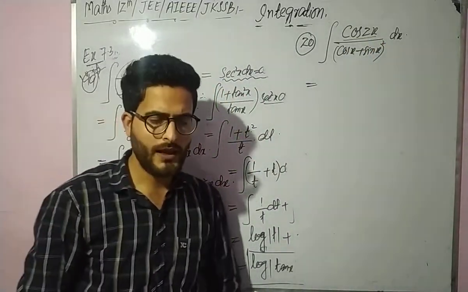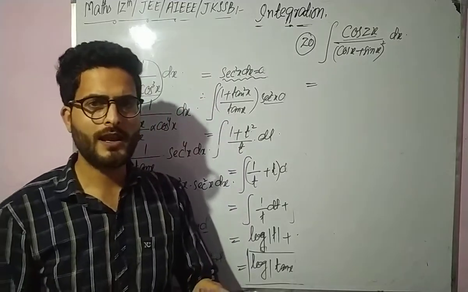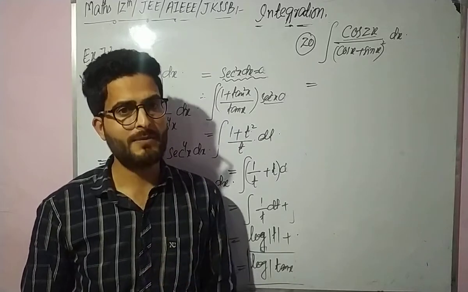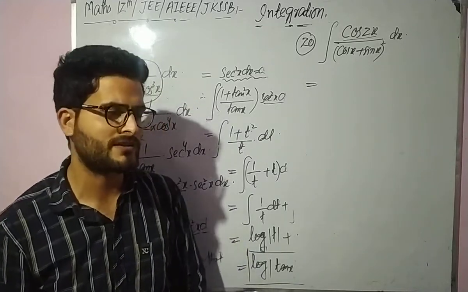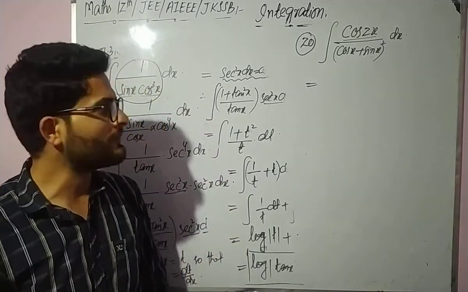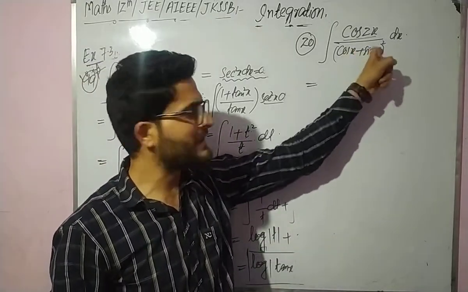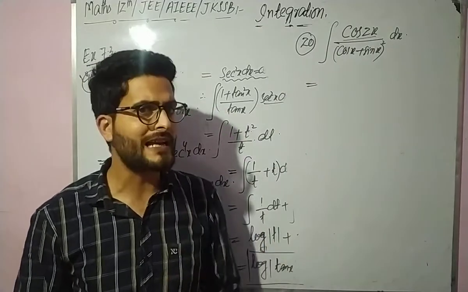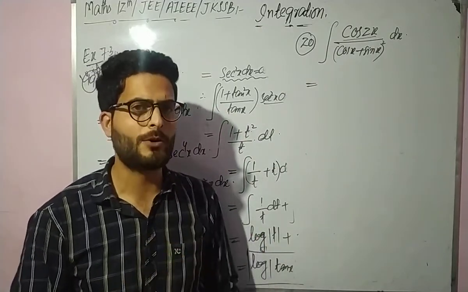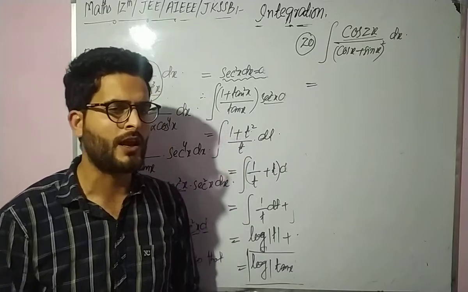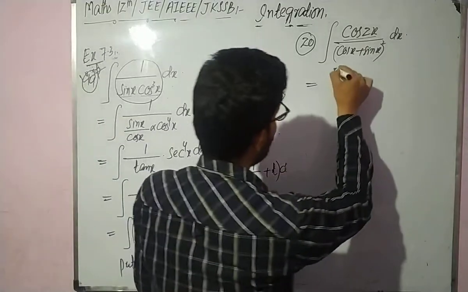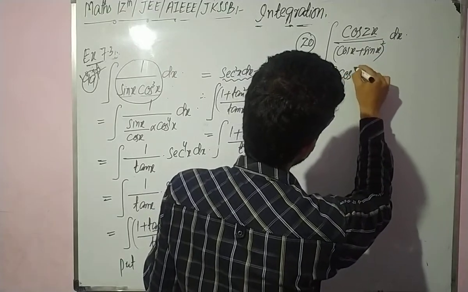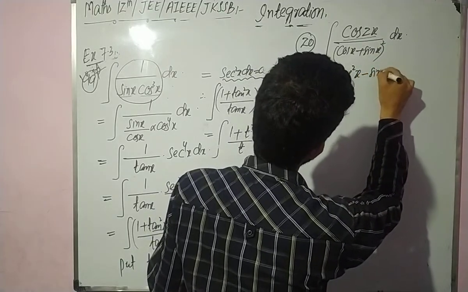So cos 2a is equal to cos square a minus sin square a, 1 minus twice sin square a, twice cos square a minus 1, 1 minus tan square a divided by 1 plus tan square a. But we have to use that very formula, because the denominator has both cos and sin, so we will use a formula of cos 2x that has both cos and sin. Now, cos 2a is equal to cos square a minus sin square a. So we will use the first formula, that is, integration of cos 2x can be written as cos square x minus sin